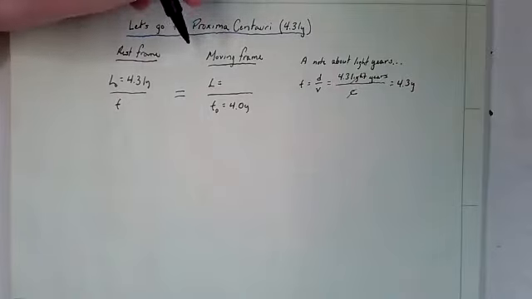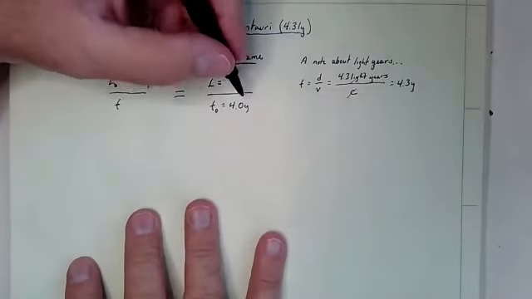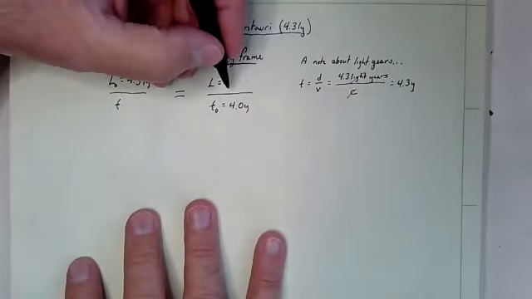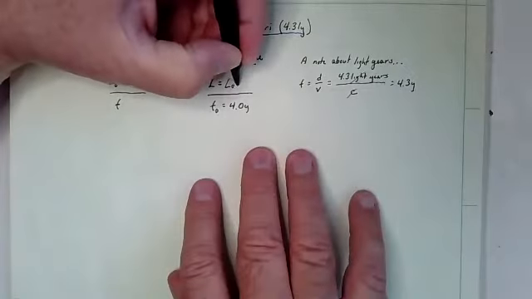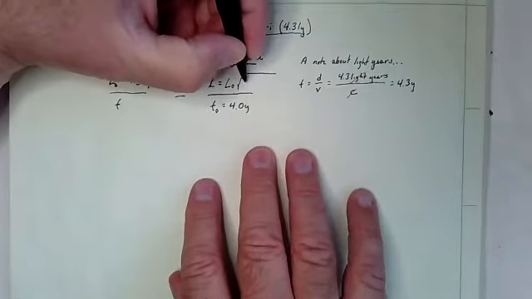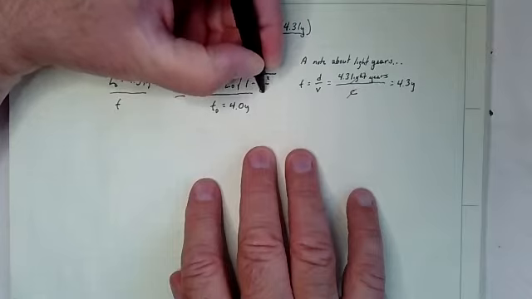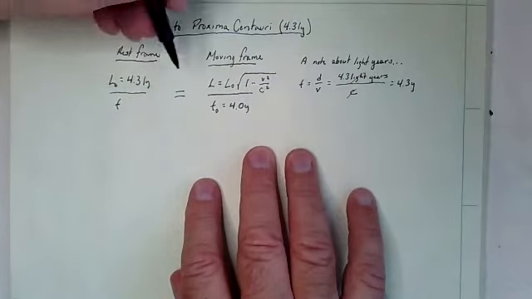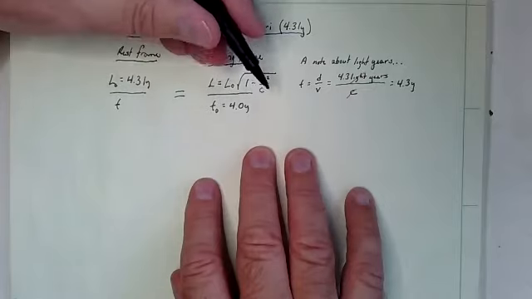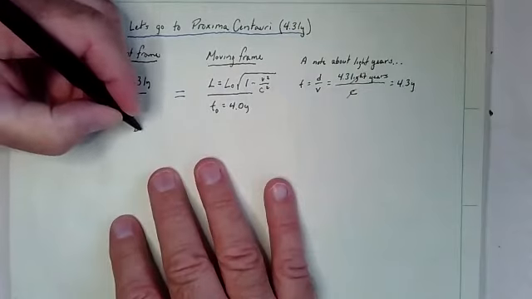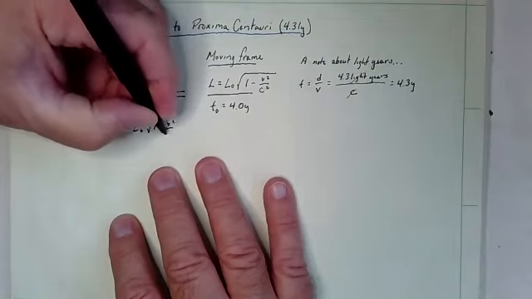Okay, well, let's finish things off here. We know that the moving frame is going to have a contracted distance, and it'll be contracted by a factor of L0 times our correction factor, which is the best way I can think of referring to it. When we change back and forth from one frame to the other, we can apply this correction factor. And of course, distance divided by time should equal our speed. So we're left with this now, that L0 times the square root of 1 minus v squared over c squared